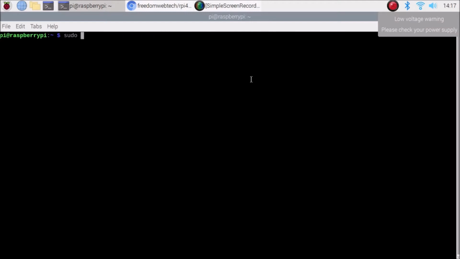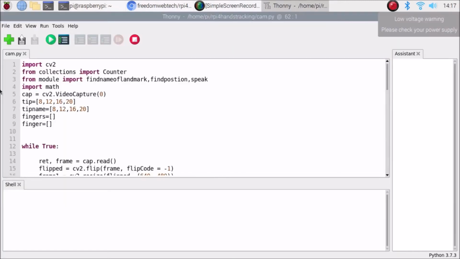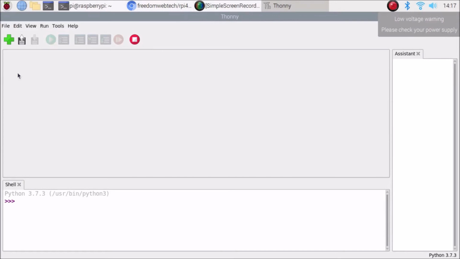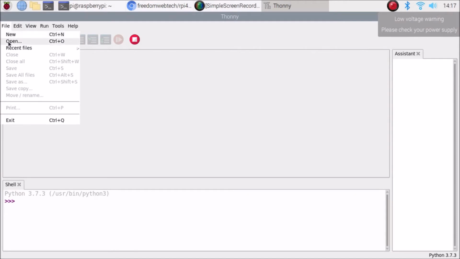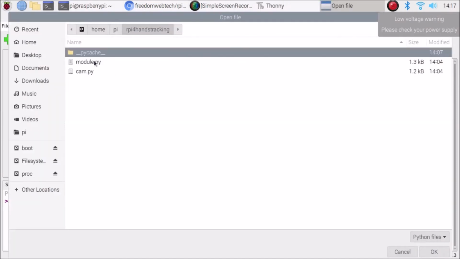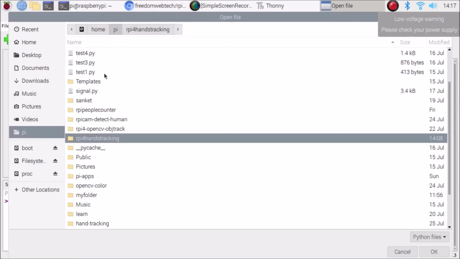After that you need to open the Thonny Python IDE editor with the help of the sudo command. So sudo Thonny, just hit enter. It will open the Thonny editor. As you can see the script is already open, but I am going to show you how to open it. Go to File, click on Open, then go to the Pi folder where we downloaded our folder, and inside it we have our RPi 4 hands tracking folder.